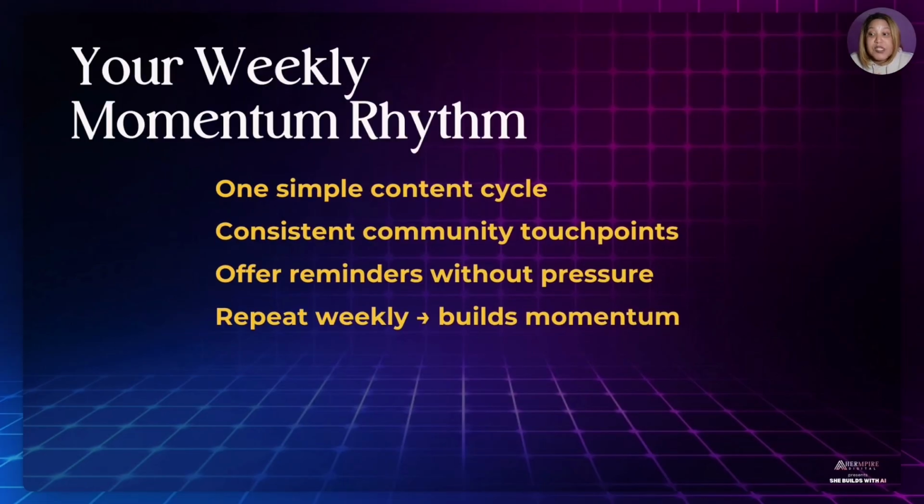So your weekly momentum rhythm is simple. You follow your 1, 2, 3 content flow. You stay present in your playground. You offer gentle reminders about your signature offer. You're not forcing anyone. You're just letting them know, hey, this additional help is there for you. Just like with the academy. If you guys need help implementing this, this is all in the academy for you. It's no force. You're getting it right here. I'm giving it to you right now. But if you need help with the implementation, that's what the academy is for. And then it's repeated that week and every week thereafter, and your business stays in motion constantly because you're putting out that content on your platform to make it happen.